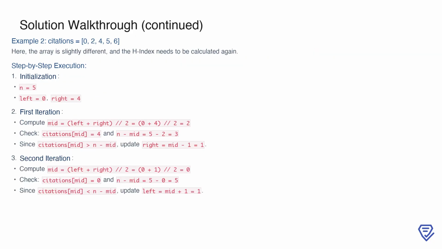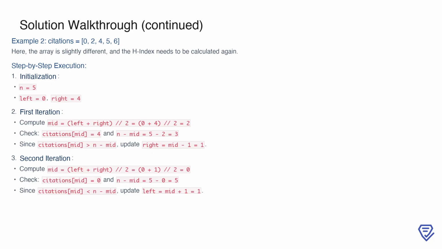Now, in the second example, the citations array is [0, 2, 4, 5, 6]. Again, we initialize n as 5, left as 0, and right as 4. For the first iteration, we compute the midpoint mid as (0 + 4) // 2 = 2. At this index, citations[mid] is 4, and n - mid is 3. Since citations[mid] is greater than n - mid, we adjust our search range by setting right to mid - 1, which